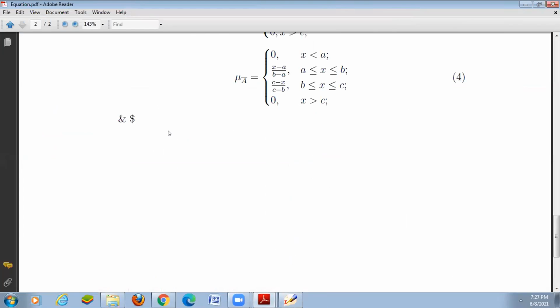Normally the dollar symbol and the ampersand symbol are keywords in LaTeX. Suppose we want to display the ampersand symbol and the dollar symbol in your output, you can use the backslash.